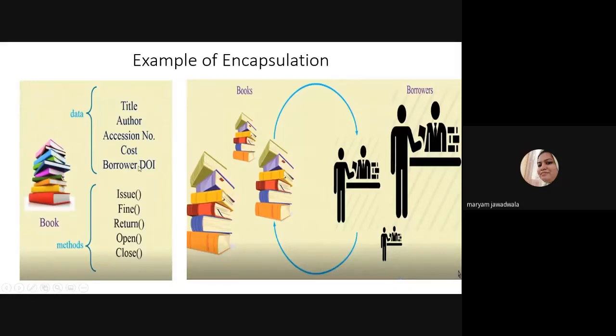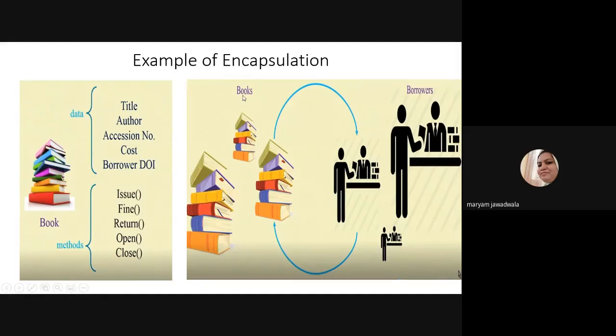So you understand what we mean by encapsulation? Encapsulation means you create one class, the name of the class is book, and book consists of some data and some methods. If you bind all this into one place, or one capsule, then it is known as encapsulation, right? For example, here I define one class that is book and another class that is borrowers, right? So two different classes are there.